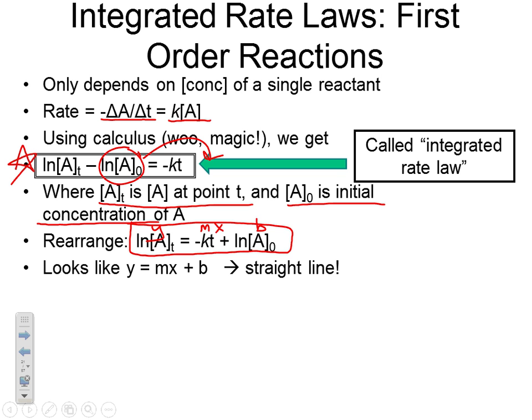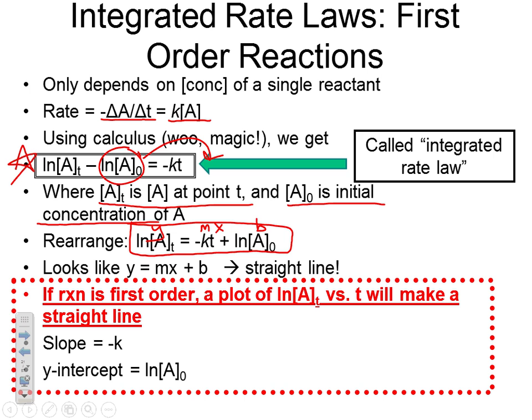What's critical about that is y equals mx plus b is slope-intercept. It is a straight line. And that is really the huge point about this. It means that there is a graphical relationship between concentration and time, but for first order reactions, in that relationship, you will only get a straight line if you are graphing time versus the natural log of concentration of A. So graphs are so important in kinetics, and this next portion of kinetics, we'll be looking at